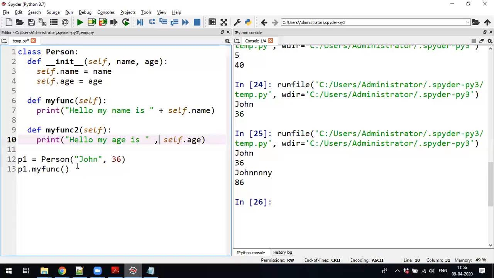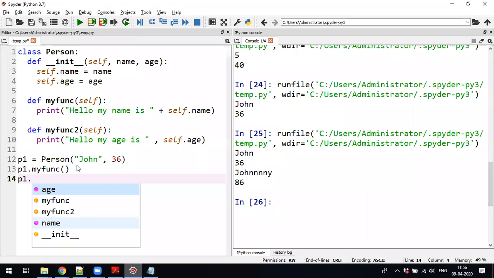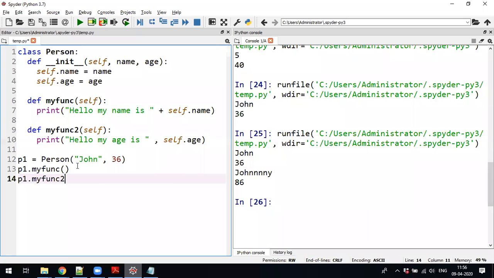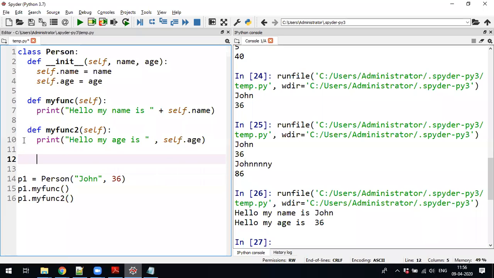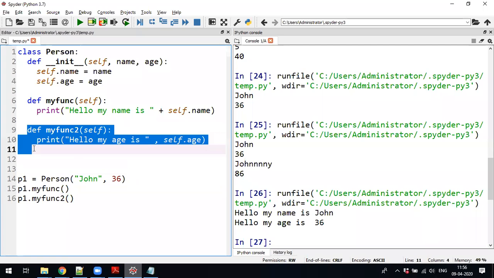Now you should call that user defined function, p1 dot my function 2. Now that function will print the age. Any number of user defined functions you can write. The third function you can write to print both.